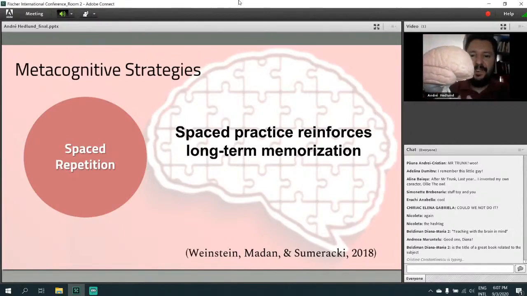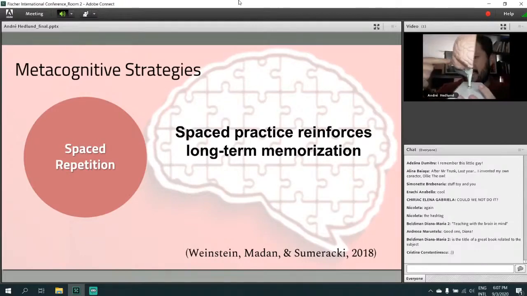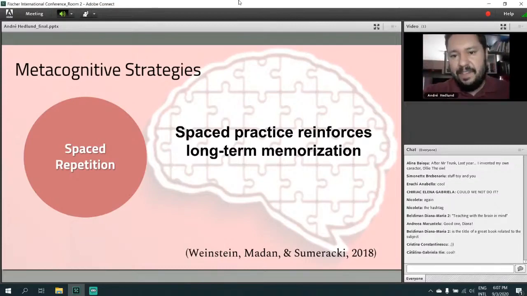And we understand that for us to consolidate memory, there is a structure right here, a medial temporal lobe called the hippocampus. And the hippocampus serves as a temporary storage for declarative memory information. So when we are exposed to new vocabulary, for example, we need to consolidate that and send it to the cortex, which is this pink area, right?